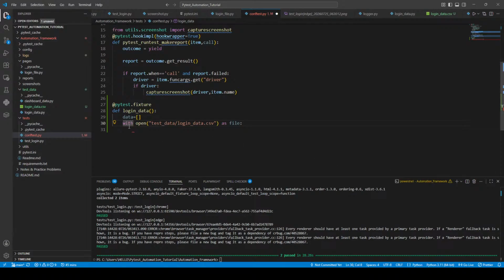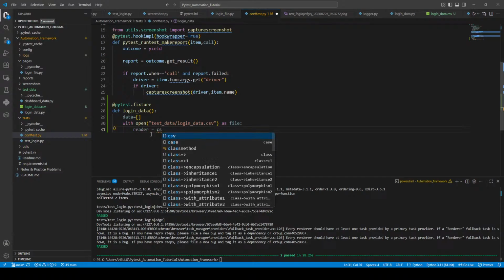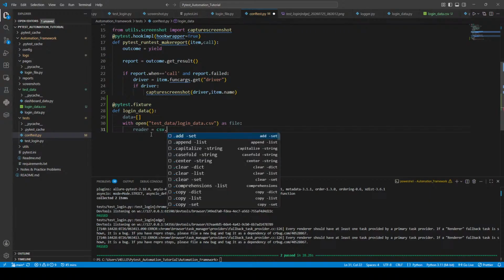Now once we open the file, the next step is to read the data. So far we have written some simple code. We defined the fixture, we created a method inside that fixture, we created an empty list. Now we are opening the file. Once the file is open, the next step is to read the data from the file. And for that we are going to use a variable, reader is equal to csv dot